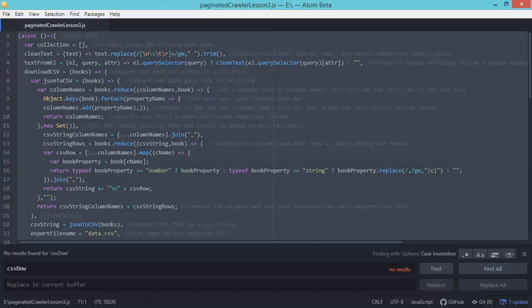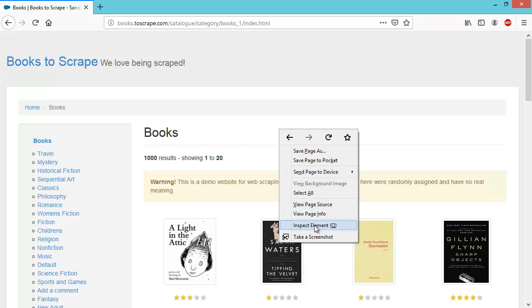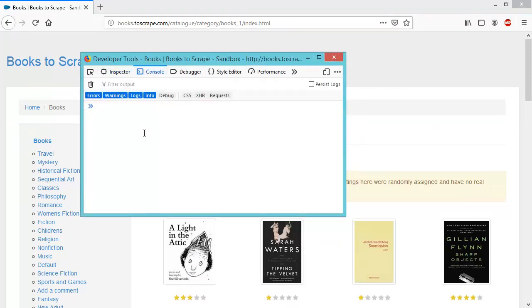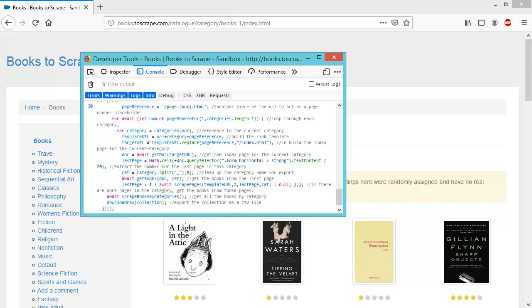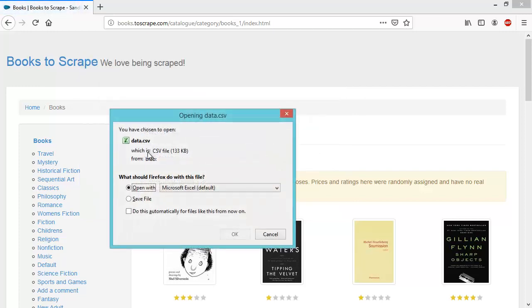So I'm going to copy all this, go back to the browser, right click anywhere on here, go to inspect element. You can also click F12 on your keyboard, and we're going to paste the code in, hit enter, and if everything goes well, then we'll have a data.csv file to download, and we'll just open that up in